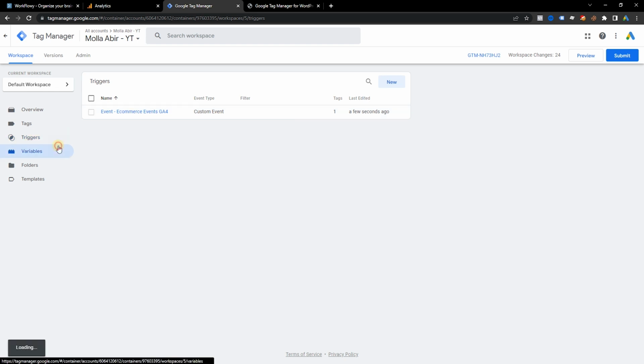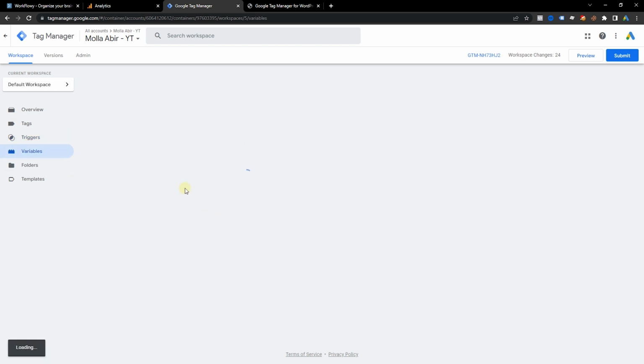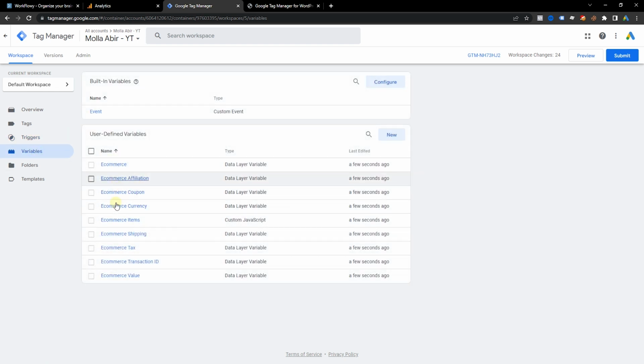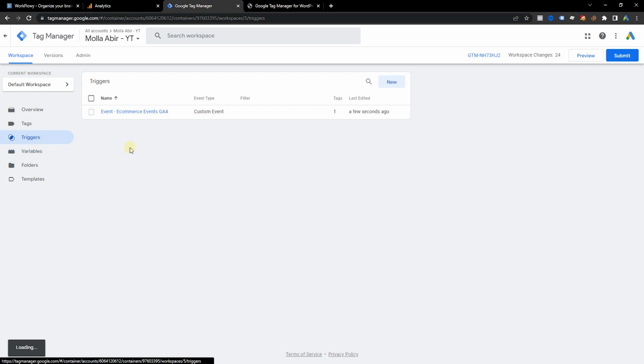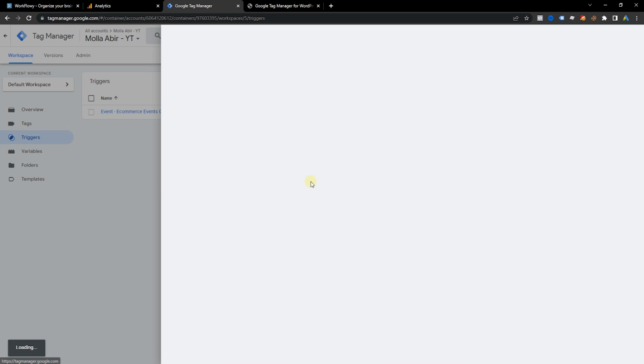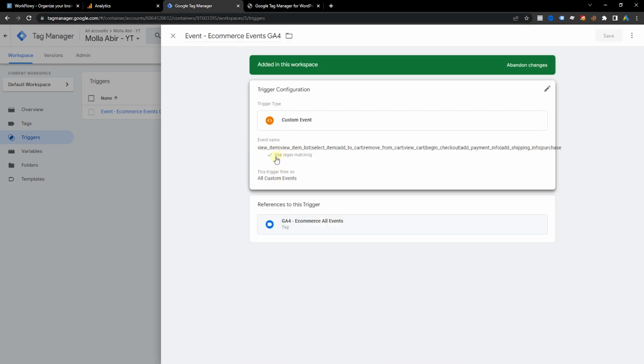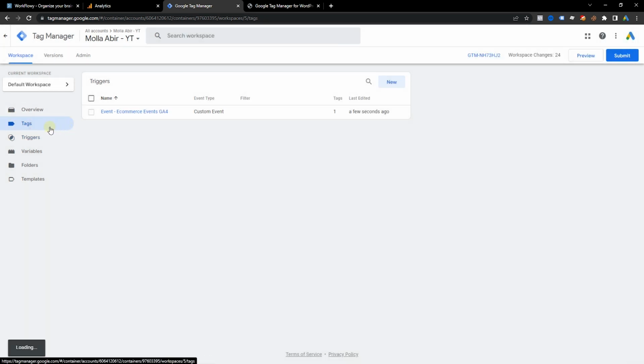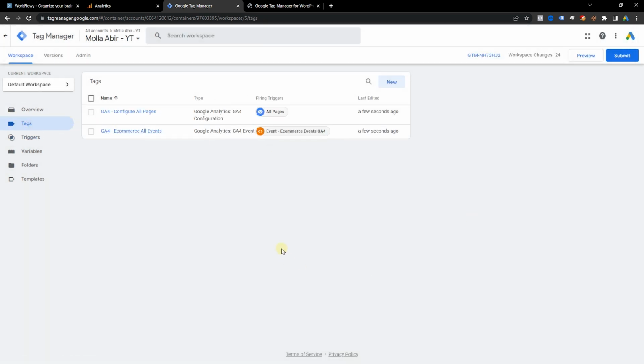This is our triggers and variables, and we don't need any variables. As you can see here, all variables are available, and for triggers, all events use the regex machine: view item list, select item, add to cart, remove cart. You don't need to create any events. And tags, and now we need to